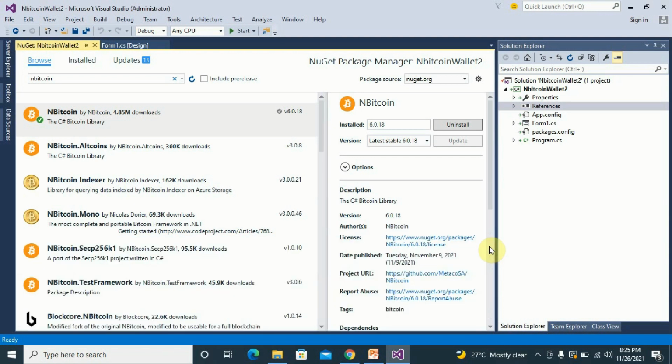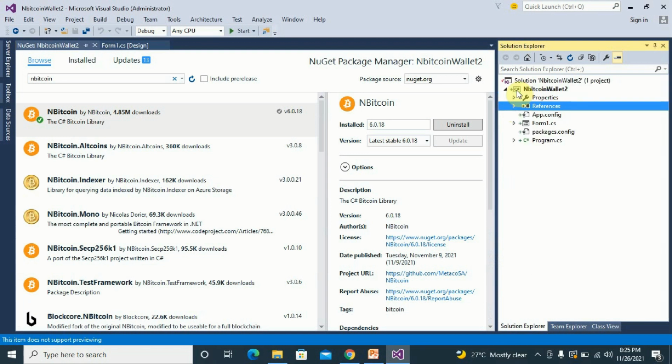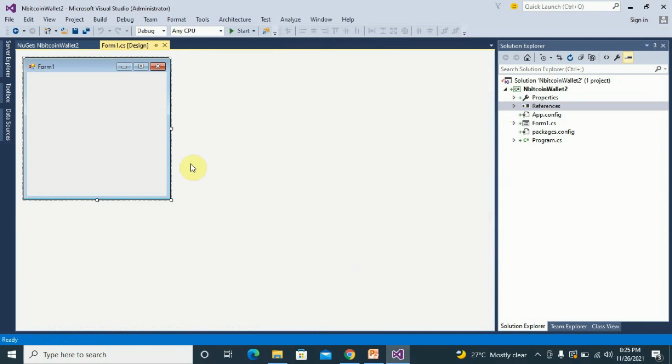So we can close this, and if you expand References, you see that NBitcoin is added to your list of references. Now we have our form here, which is an empty form, and then we're going to fill this later,